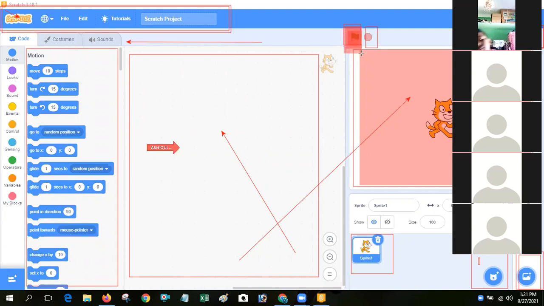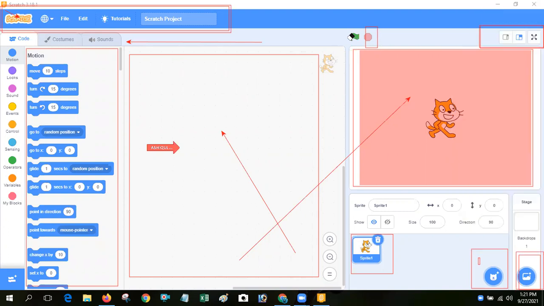Yes. Suppose you are coding, writing in your Scratch, and after that you want to run your Scratch program, then you can click this button. Which button? Green flag button. It's called the green flag button.